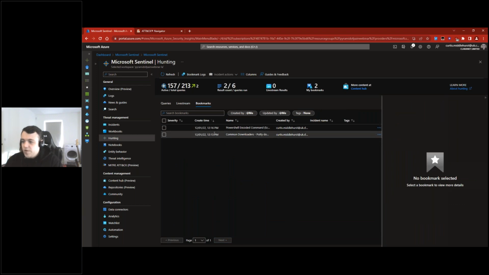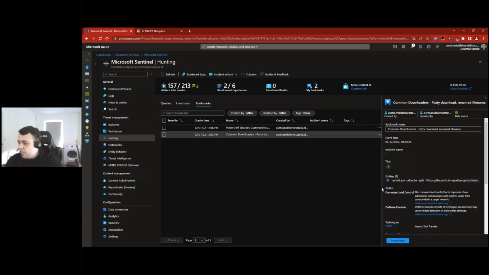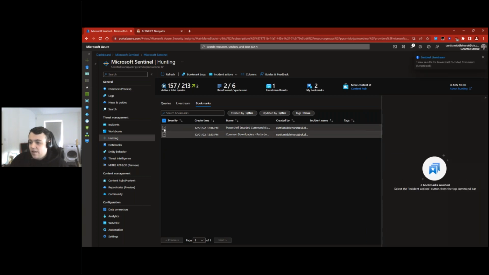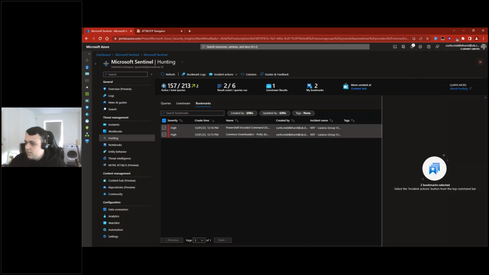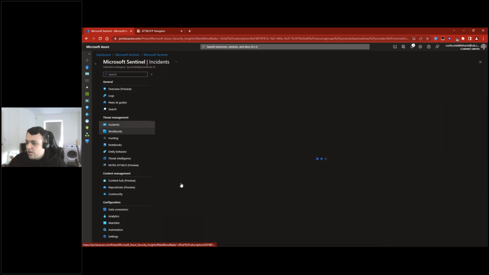So once we've got these bookmarks, we've got a nice little bit of evidence. We've had some entities given, and what we can do is add these to our original incident and enrich that incident with essentially a timeline of events based off our threat hunt. So if I add these both to an existing incident, and we go back,